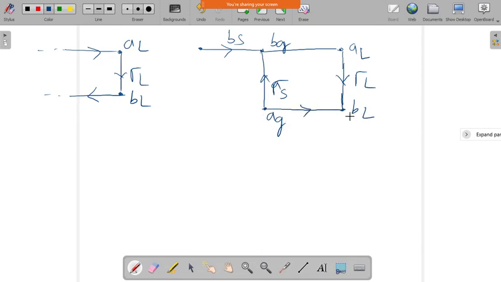Okay, if the signal flows from the generator to load, it will be the forward transmission coefficient. So that is nothing but S21. Similarly, if the signal flows from load to the source, that is the reverse transmission coefficient, S12. Similarly, if the signal has the reflection to the same port, that will be S11.